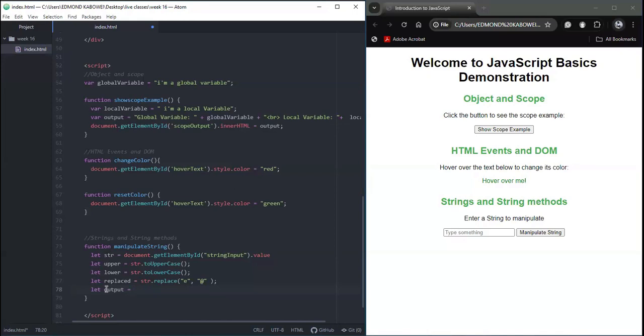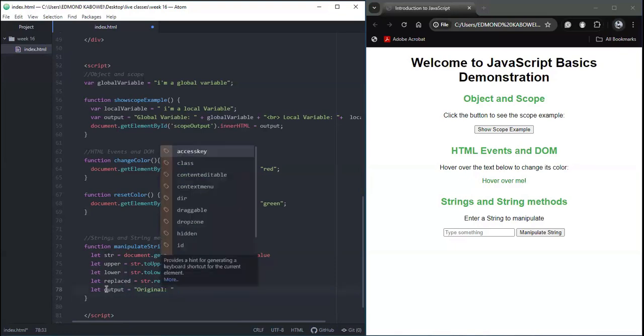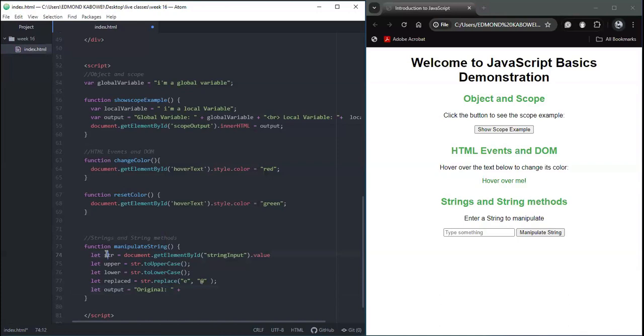So we're going to say the original plus. So the original is the string which the user will enter, plus